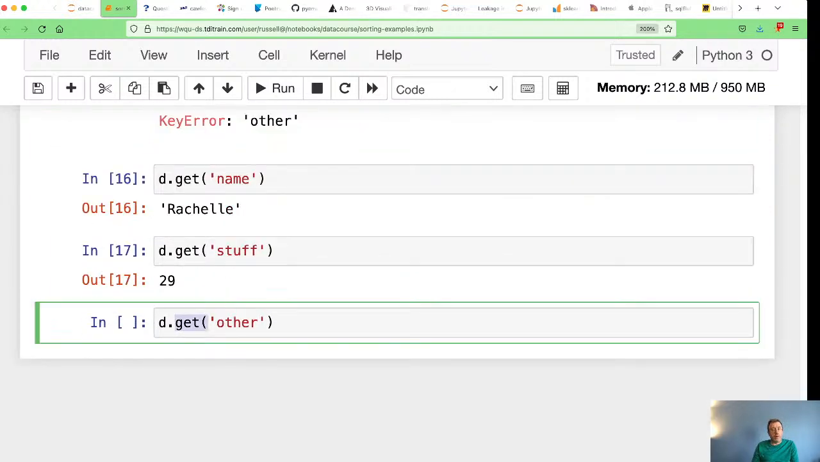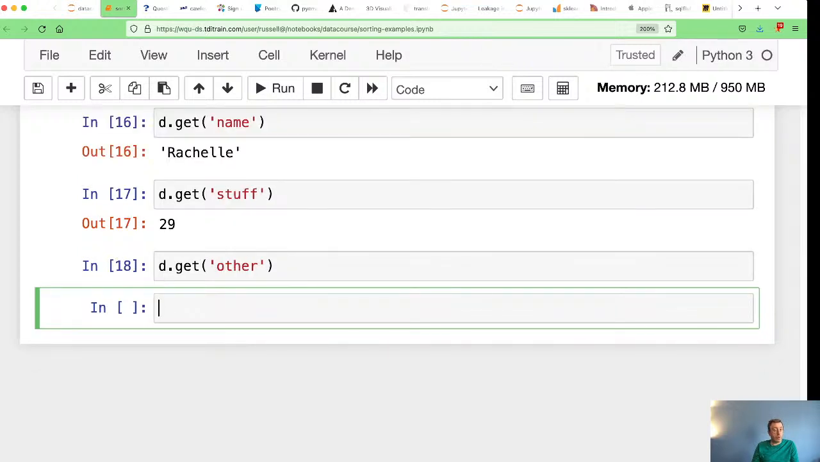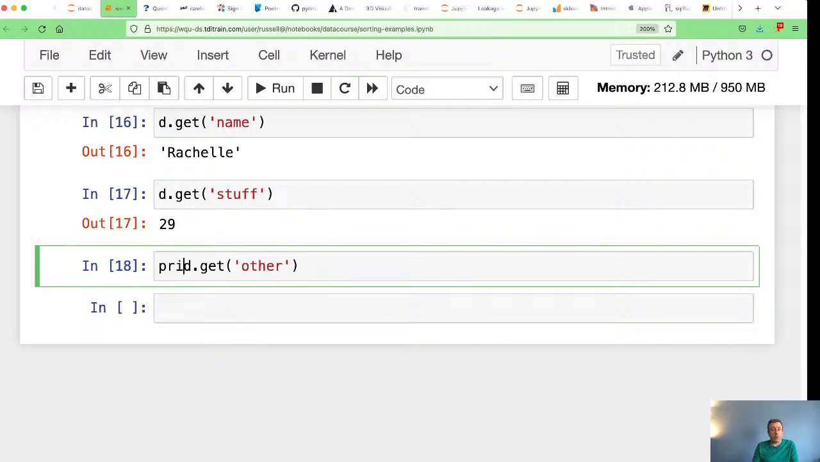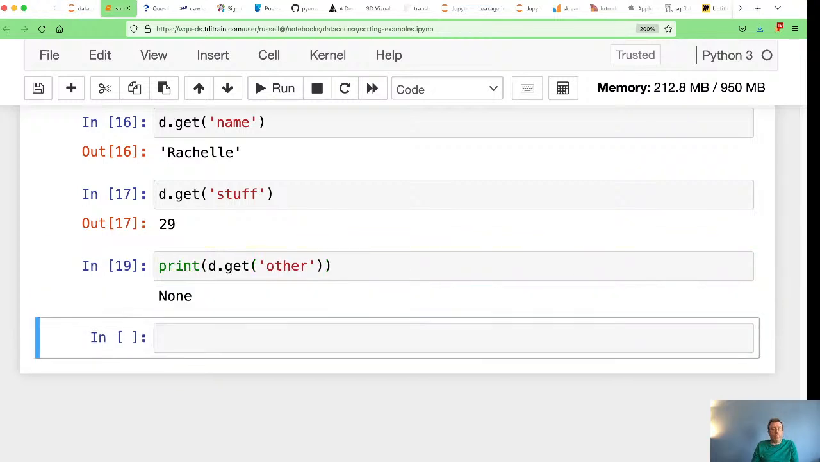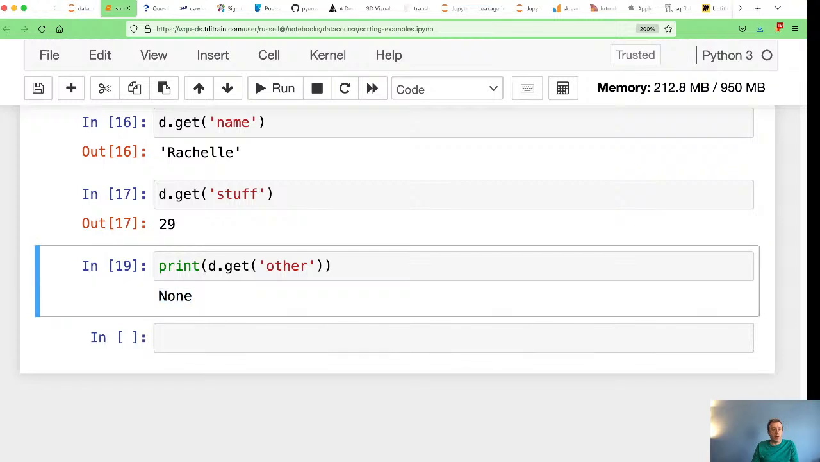If I supply this with the get method, I don't get a key error. I actually get something returned. This returns the special value of None. So the get method,